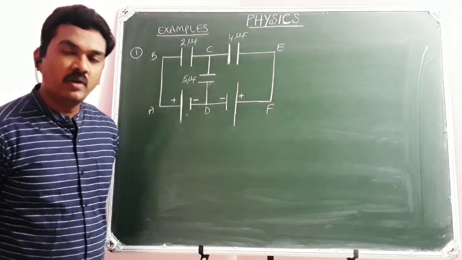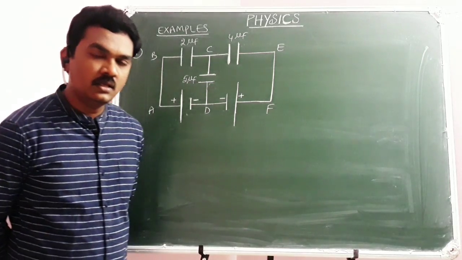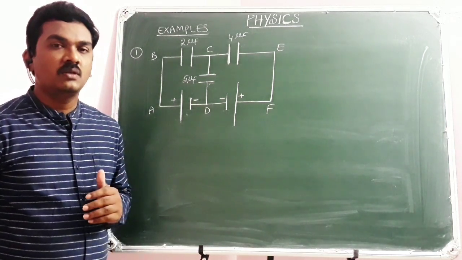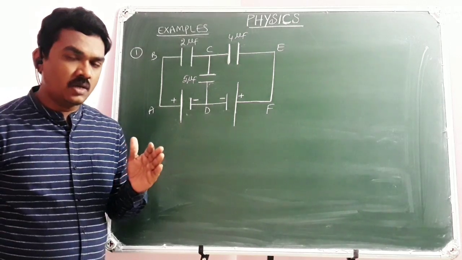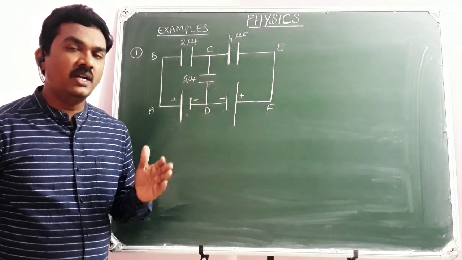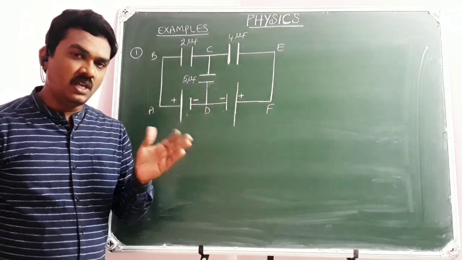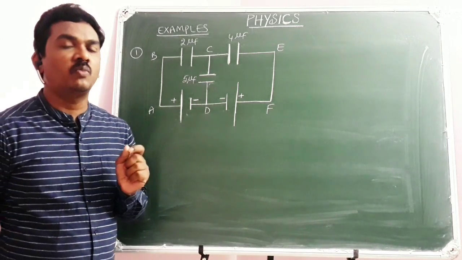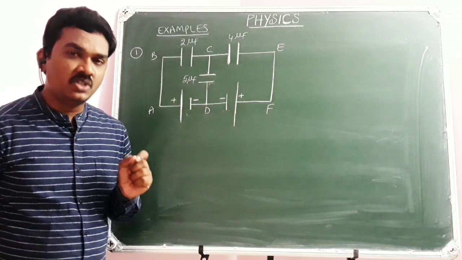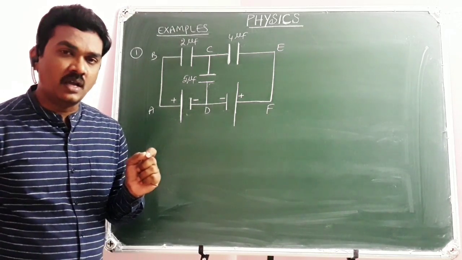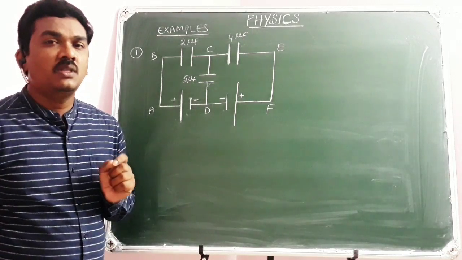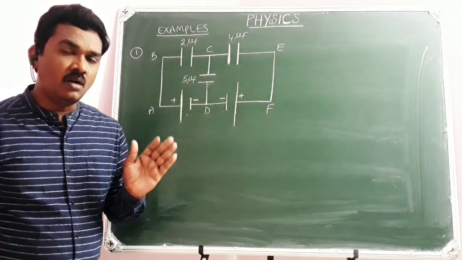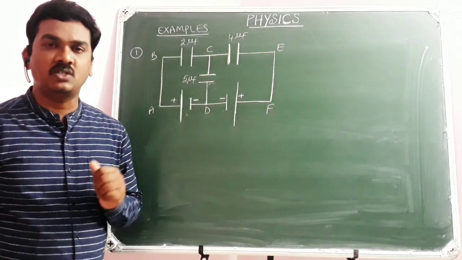So you all know that we have learned a few conceptual examples in the last class connecting with combination of capacitors and the equivalent capacity. I have told you when an electric circuit is given and the question is find the equivalent capacity across AB or BC or CD, we need to suppose a battery is connected across those particular 2 points. Then we need to check whether they are in series or in parallel as per the charge distribution. Then we can reduce the electric circuit to a simplified manner on utilizing series and parallel combination of capacitors.